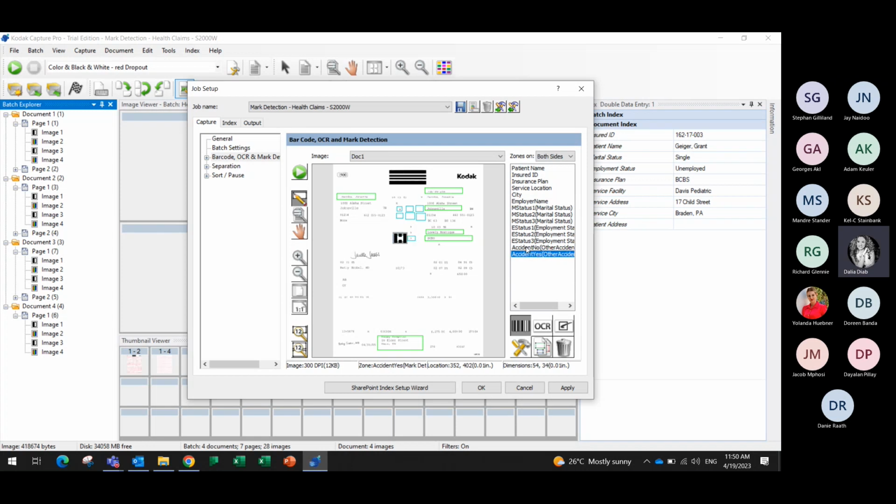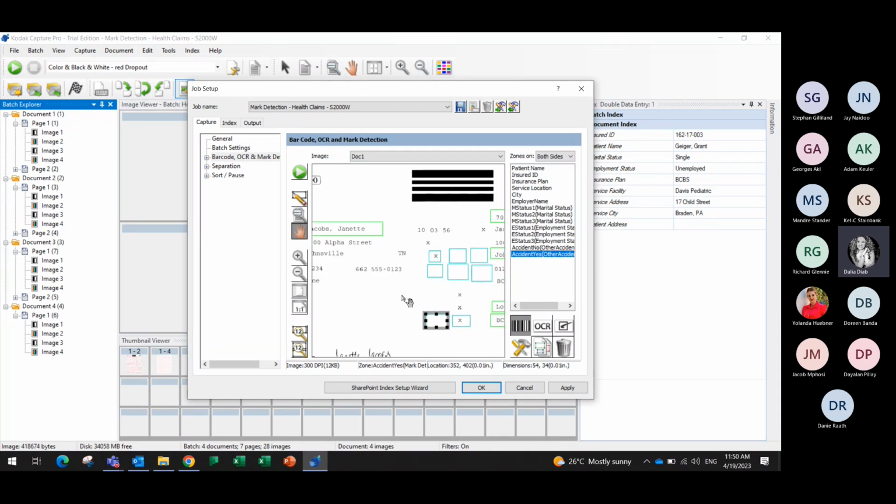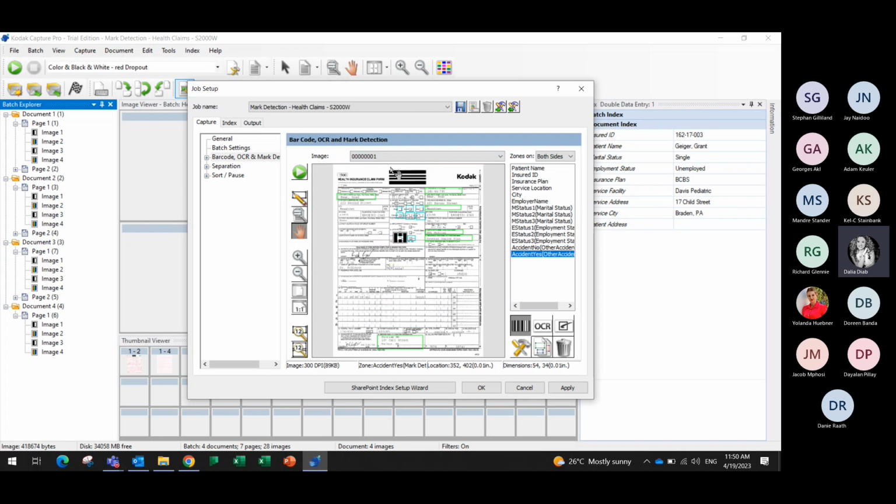What I still want to show you is the OMR. So you notice here we have these blue boxes. The blue represents the OMR, the check boxes. If I go back to the color version,